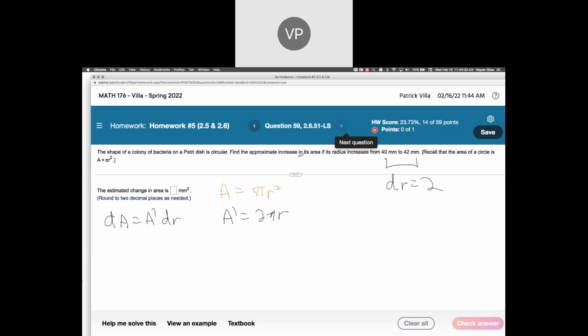That's all we're changing. So I plug in the 2 pi r dr, and r is the first value, which is the 40. dr is 2, and it looks like our change, our approximate change, is going to be